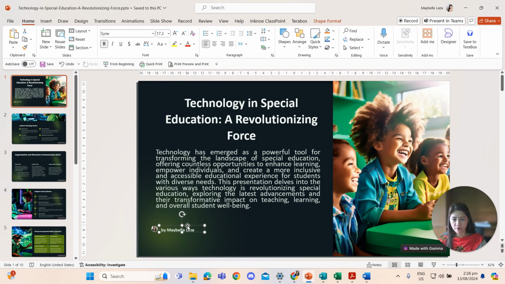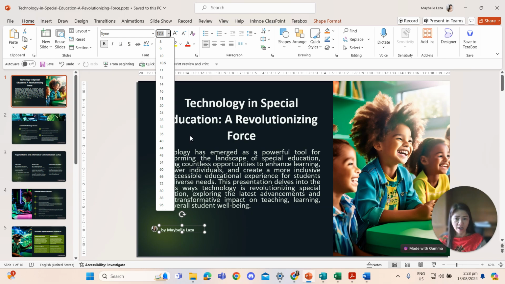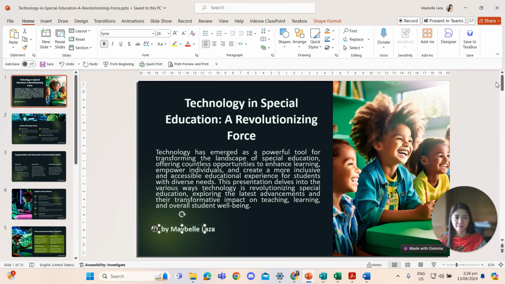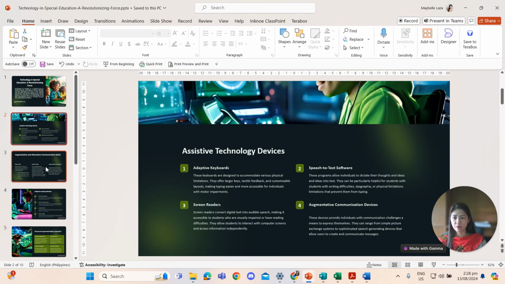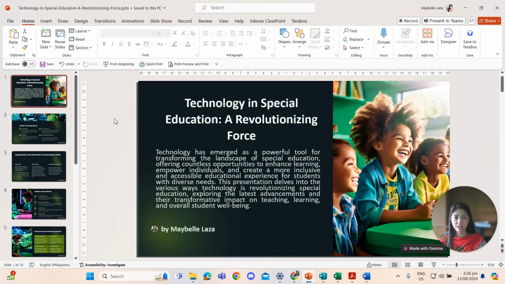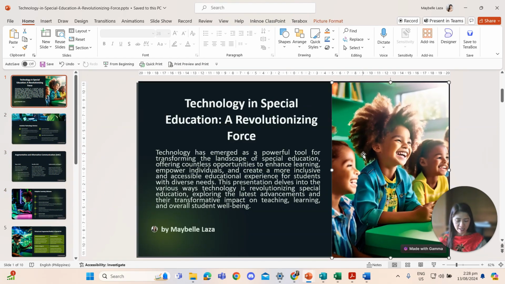Then, of course, you can also increase the size of your name, like this, like that. Okay, it's up to you guys. So same with the others. And still, you can delete